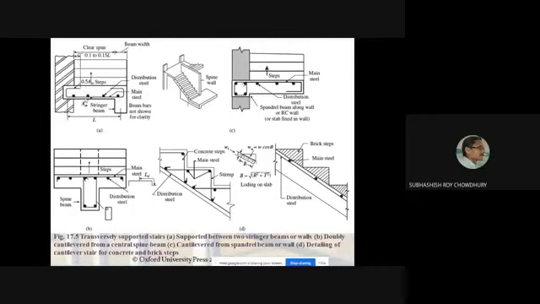because the moment that will develop here will be sagging in nature as it is supported at the two ends, and here it will be supported at one end. So this will be the top steel you are providing, because it will be resisting the hogging moment. So tension will develop at top. So the reinforcement will be provided in this way. So this is the top steel.